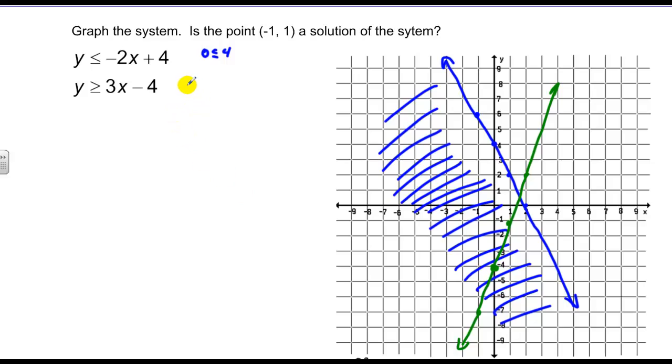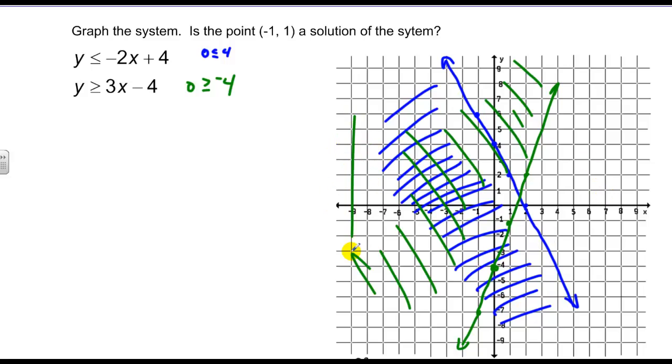Sample my 0, 0 point and ask, is 0 greater than or equal to negative 4? The answer is yes, so I shade towards 0, 0. And you'll notice now that I have green and blue overlapping in some regions, just green in others, and nothing in others. Where the overlap is the solution